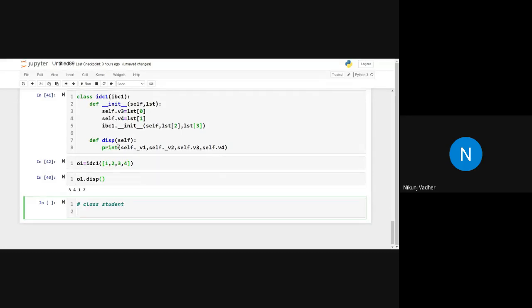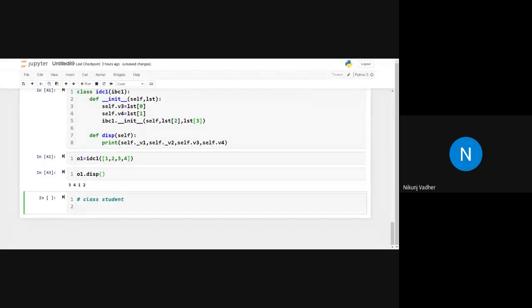So here, what we will do, we will try to implement a class student, which will have attributes like name, enrollment number, branch, stream, marks, SPI, CPI.